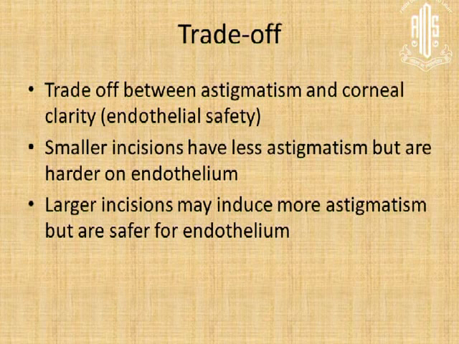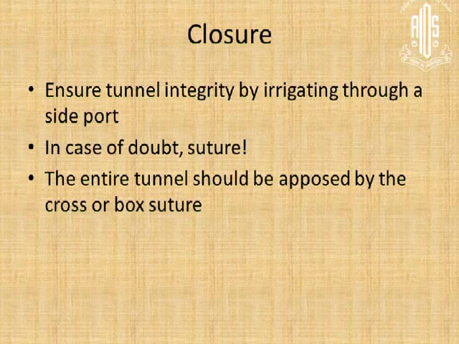And if we try to make our incisions smaller and smaller, we may get out the nucleus through a smaller incision, but the next day the cornea is not very clear. And larger incisions may induce more astigmatism, but they are safer for the endothelium. And of course, results have shown that there is no great difference between Phaco and SICS and ECC as far as endothelial cell loss is concerned. But for hard cataract, the ECC is perhaps the safest of cataract surgery, all said and done.